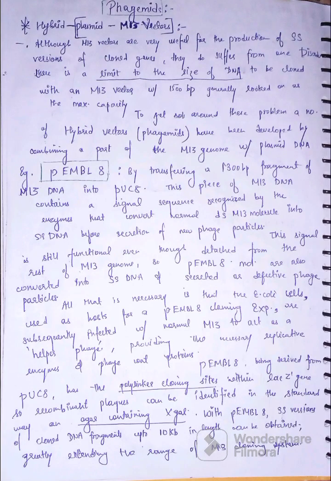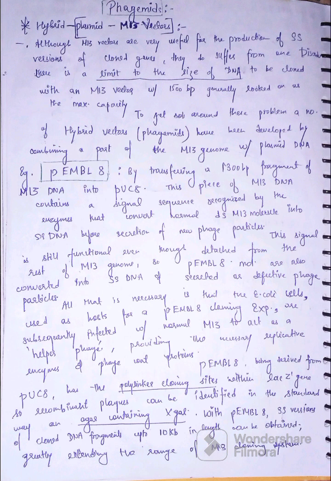So today we will talk about phagemids. Phagemids are basically a hybrid between a plasmid and M13 bacteriophage vectors. Although M13 vectors are very useful for the production of single-stranded versions of them, they do suffer from one disadvantage: there is a limit to the size of the insert DNA or the passenger DNA that can be cloned within an M13 vector, with 1500 base pair generally looked on as the maximum capacity, right? So researchers wanted a more sophisticated vector for carrying more base pairs